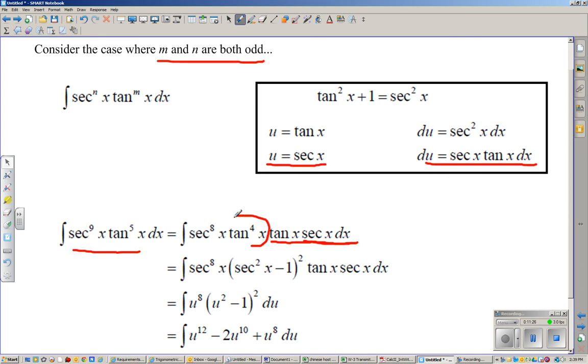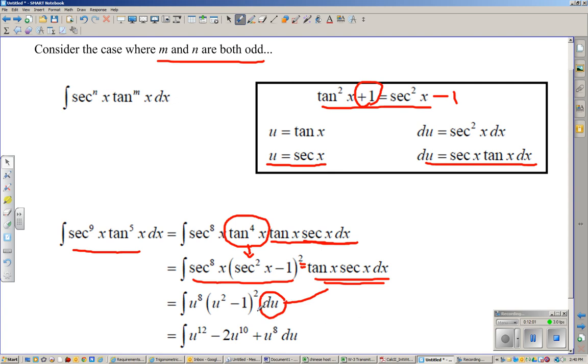So this tangent, I'm going to use this relationship once more, but now I'm going to take this 1 to the other side here, right? And I'm going to write a minus 1 over there, and I'm going to say sec squared minus 1 is the same thing as tan squared, and then if I square it, right, I now have everything thus far in secant. I've got peeled off here a sec tan, which is going to be that replacement du,